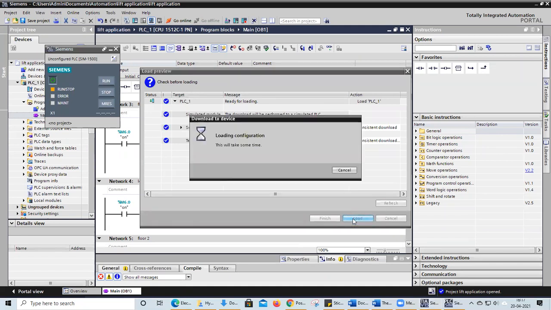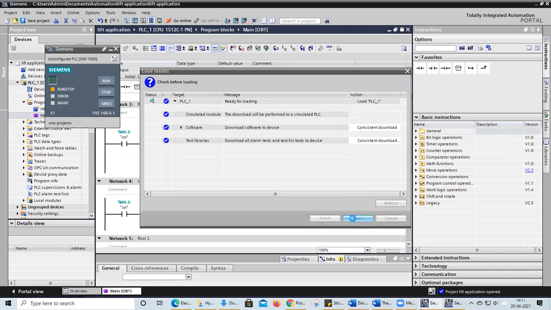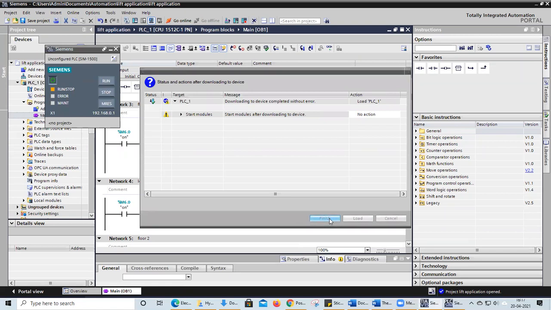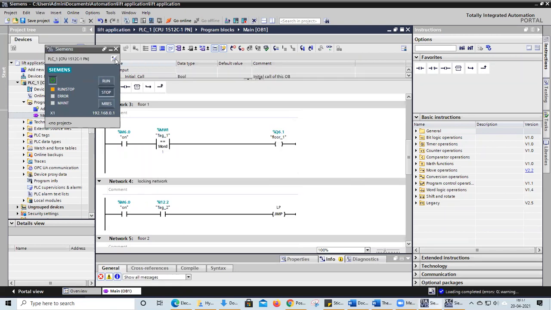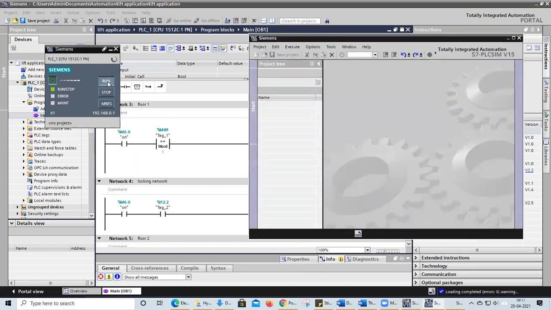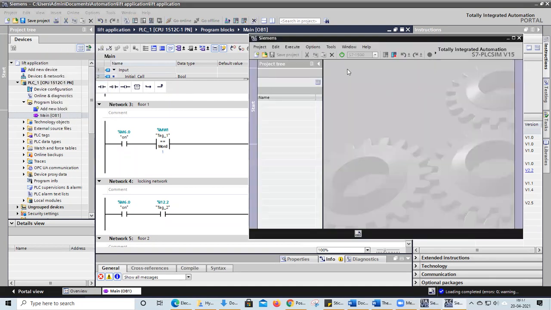Okay, load option, finish. Now you click on this one. And click create new project here.